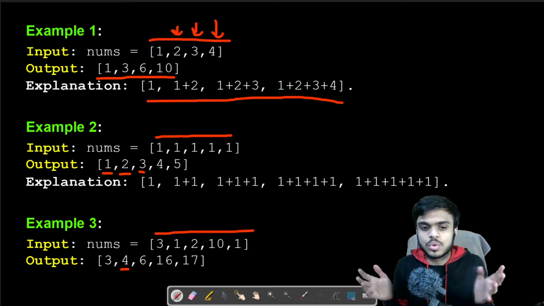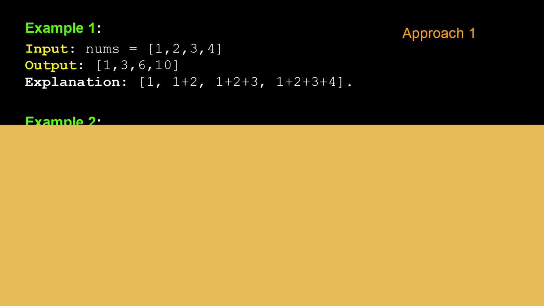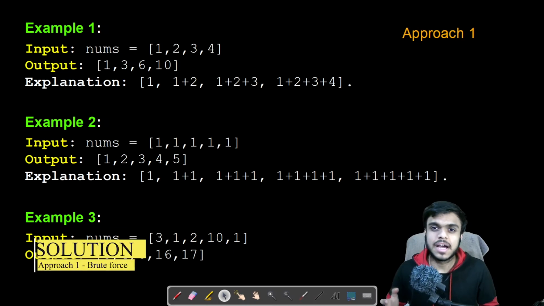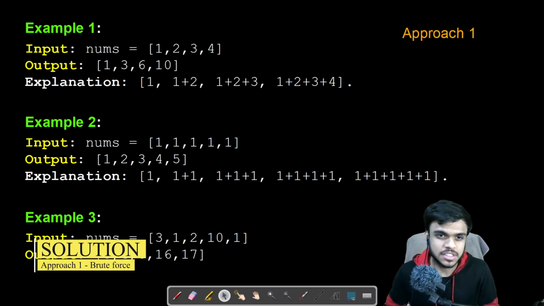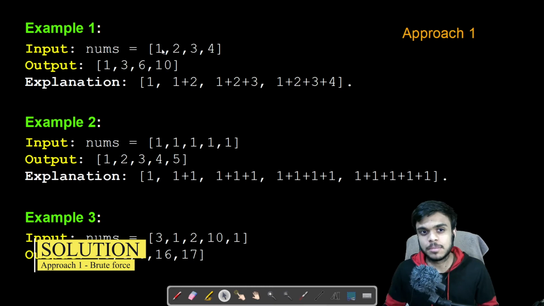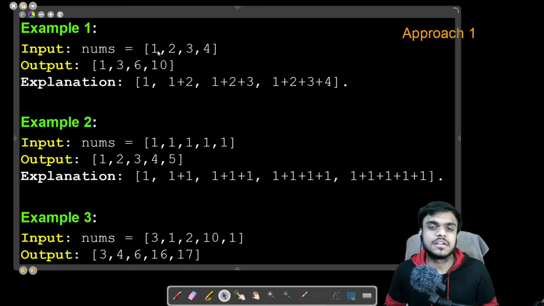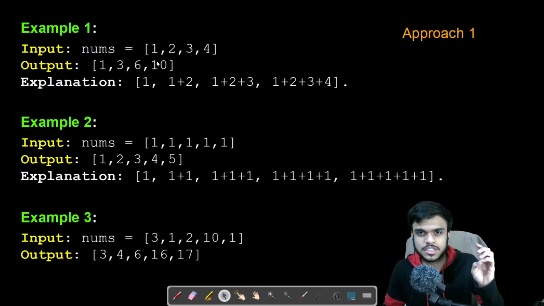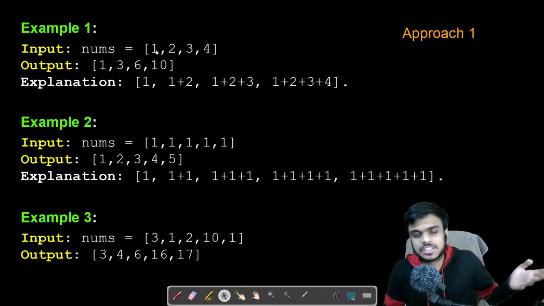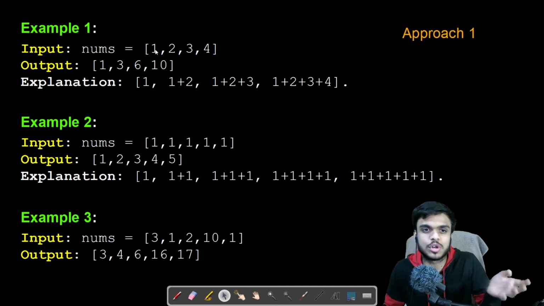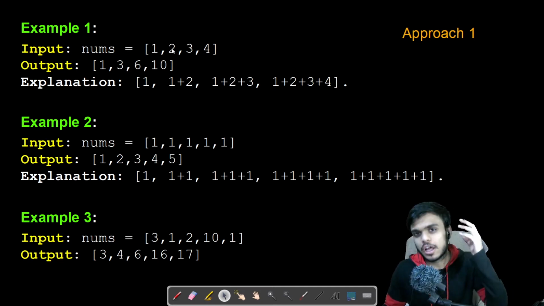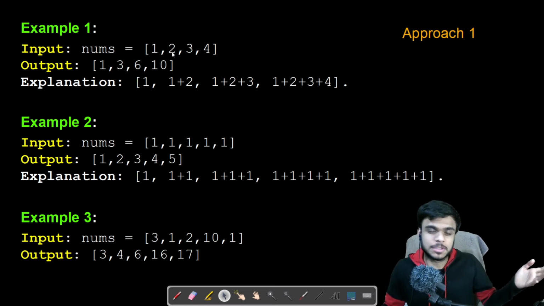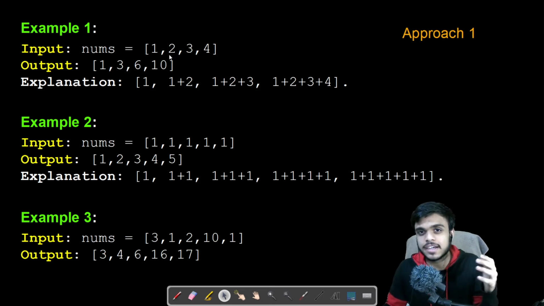So now I think you got the problem statement. For the brute force solution that anyone can come up with for this question, if you look at every element, we are just adding all its previous elements, right? If you go to the 0th index, that is 1, we check if there is a previous element, which there definitely is not, so we do not do anything, we move ahead. On the first index you check whatever previous elements are there, add them up and then add that to the current element.